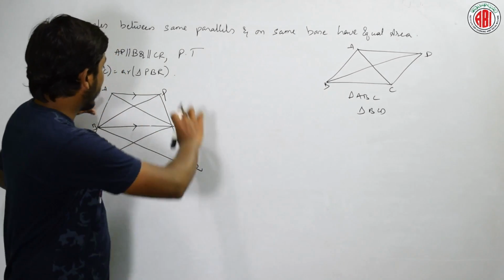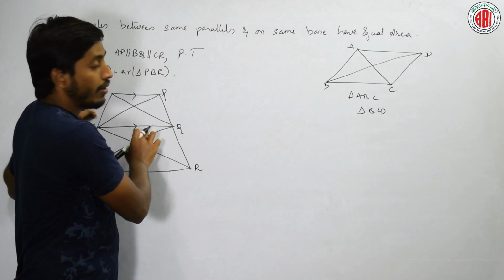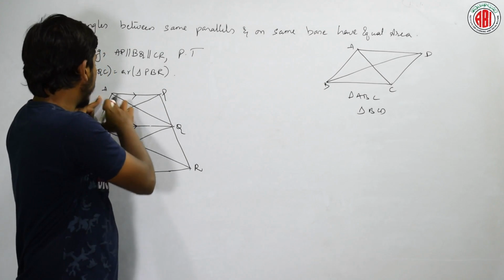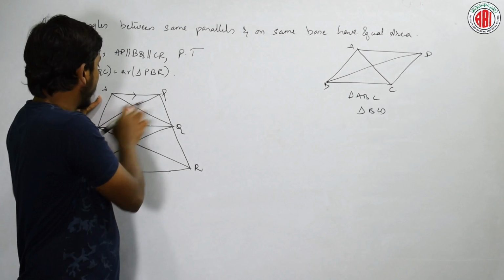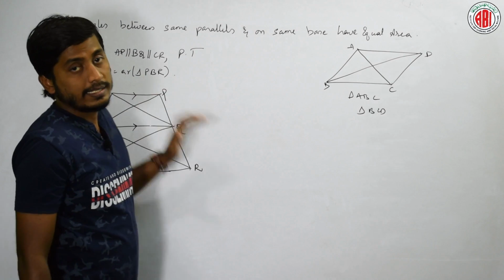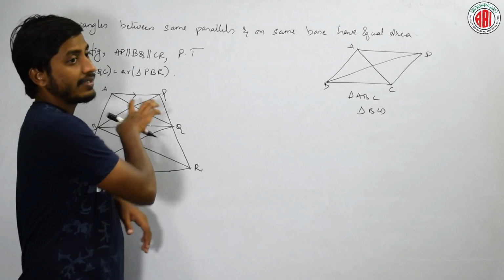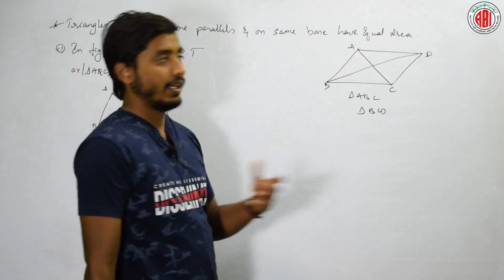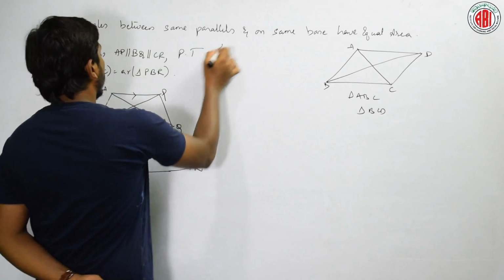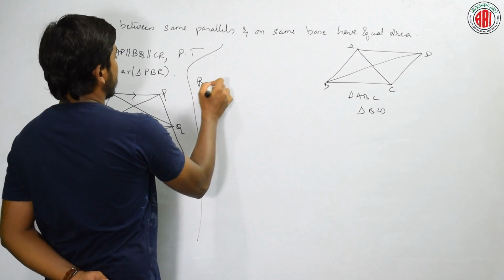No, right? If you observe here, AP and BQ are parallel to each other, then the triangle AQB and the triangle PBQ are on the same base and between the two parallel lines. Therefore, we can consider these two triangles are equal. Clear? Now, see here. Let us consider